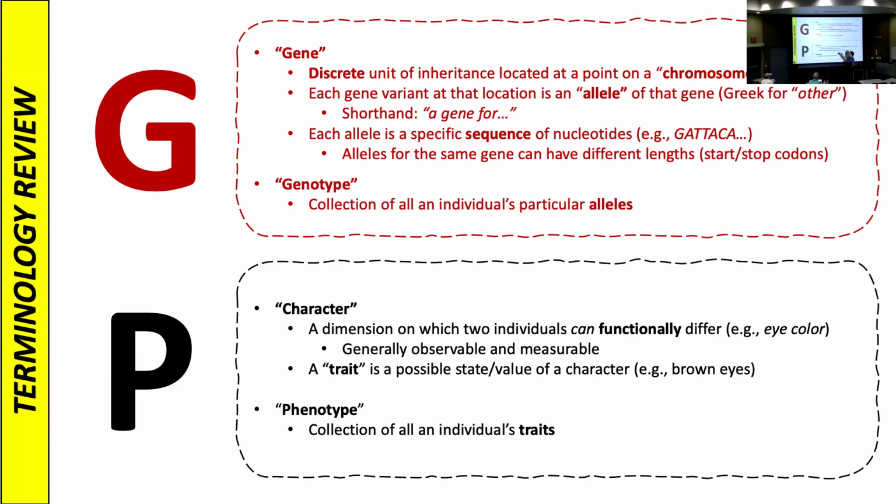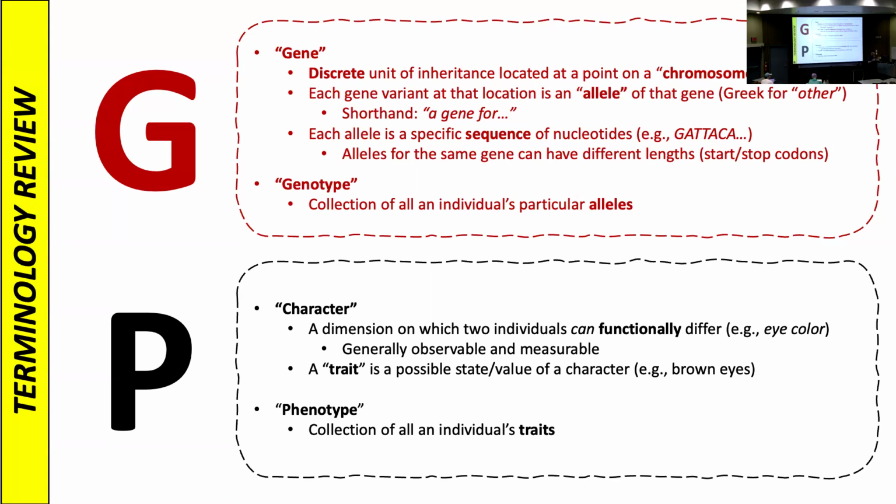Then to get down to the phenotype, the gene-like thing that we have here is a character. A character is a dimension on which two individuals can observably vary in a sort of fitnessy sense. So it's something that, theoretically speaking, selection can act on, so it can functionally differ. Eye color, just talking abstractly, the notion of eye color, not a particular color,